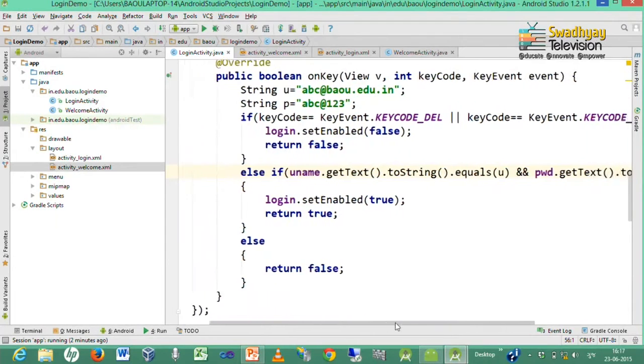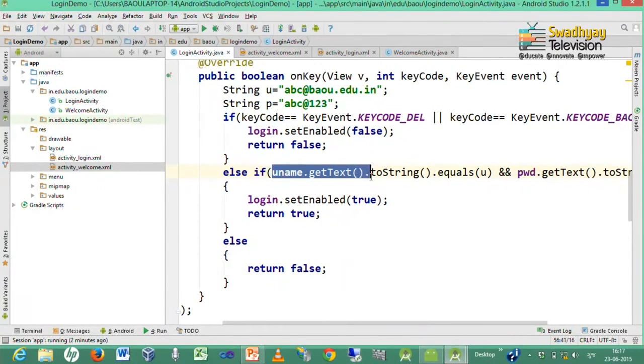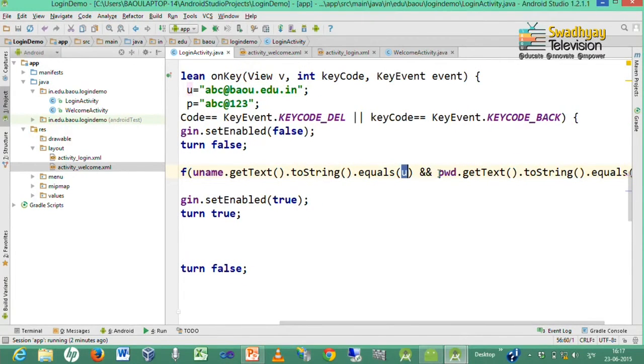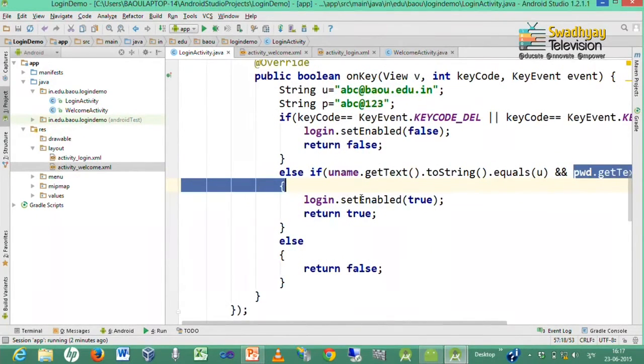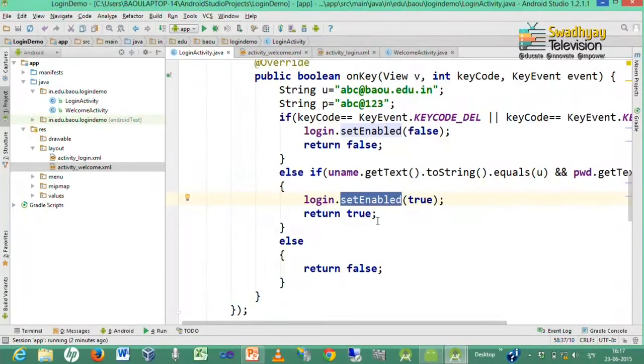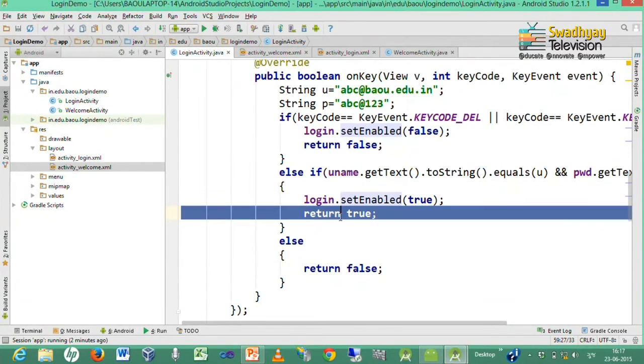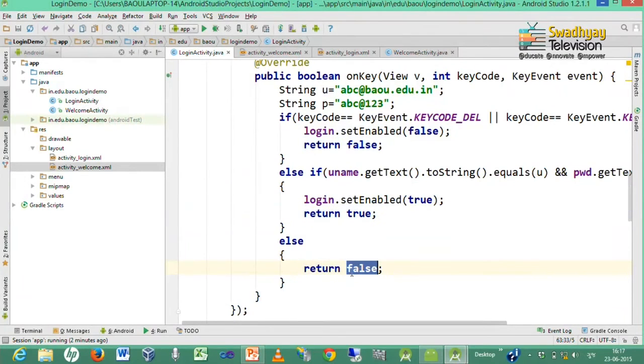And if username dot get text dot toString, that means value entered inside username equals predefined username, and value entered inside password field is the predefined password, then we have to set login button to enabled, and we have to return true, means we want to consume this event, we do not want to display anything else, and in any other case we return false. So, now let us check by running one more time, and